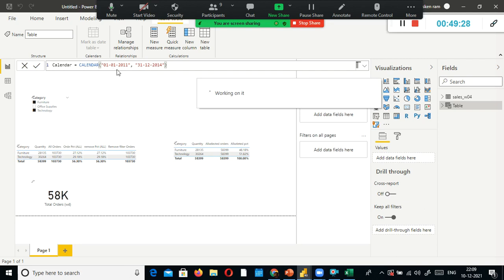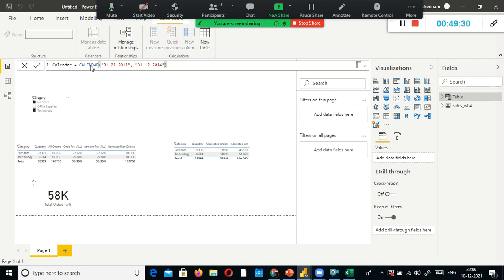So this is the start date and the end date. Either you can use the minimum or maximum function. Okay, it got created.